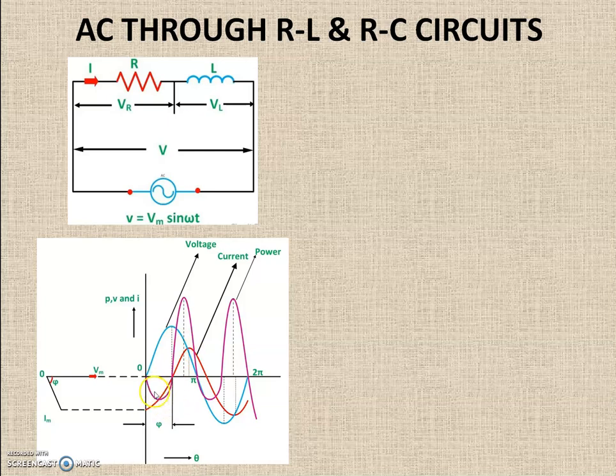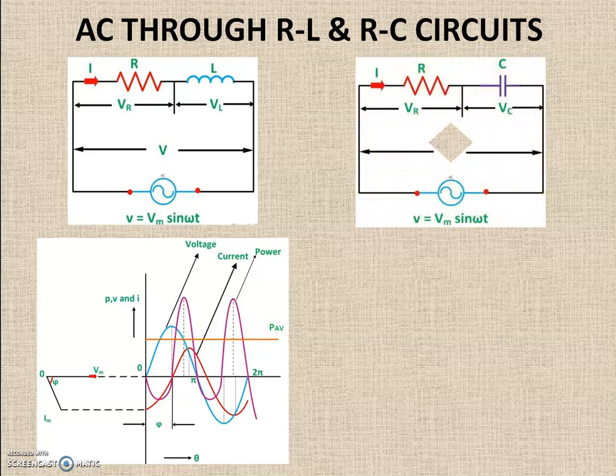If you draw the power diagram, it will be like this. It will have a positive part and a negative part, but they may not be of the same area. So there is a difference in area in the case of an RL load. So there is an average power. If you take the average value, it is not zero as in the case of a pure L load, but it has some value. So in the case of an RL load, we will have some average power.